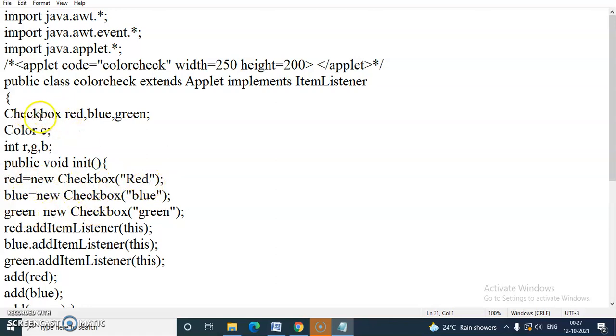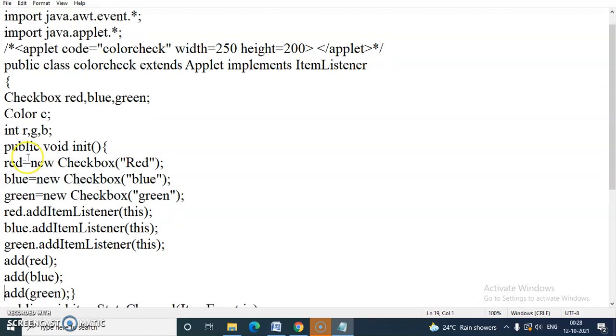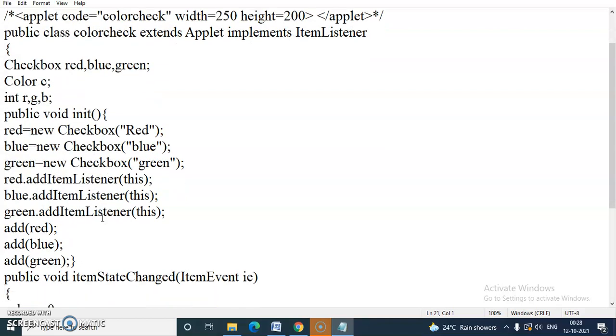Already for the Checkbox class the red, blue, green objects are created, but here the objects are created for the checkboxes red, blue, green. And then add the item listener, because you have to click and unclick the checkbox, so you have to add the item listener for these three checkboxes,